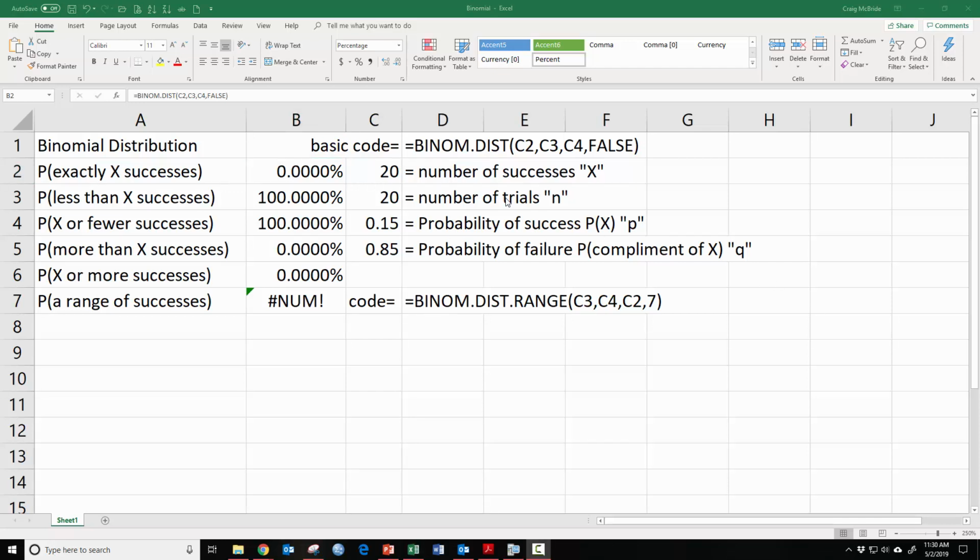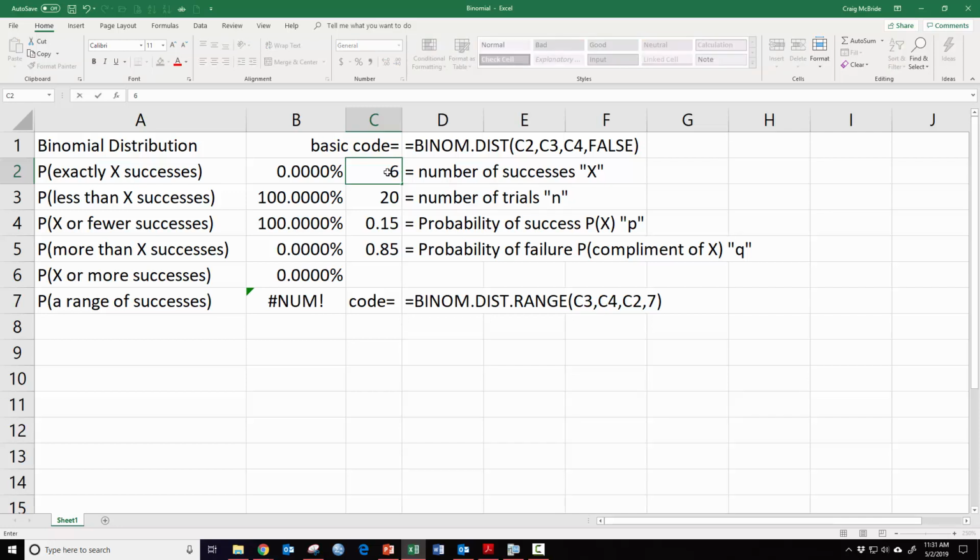And if you don't have the newer Excel functions, and you don't have the binomial distribution range function, then you're stuck with doing this and then kind of doing the one less than trick. But you would set up your number of successes. In this case, remember, we want the number of successes to be more than 5, right? So we set it up as 6, because more than X is what we're looking for. Number of trials,